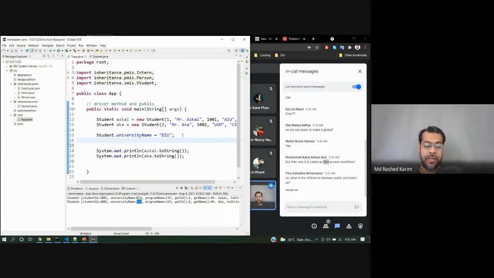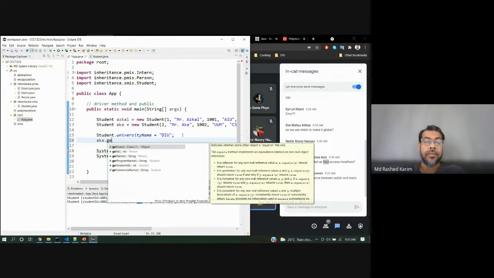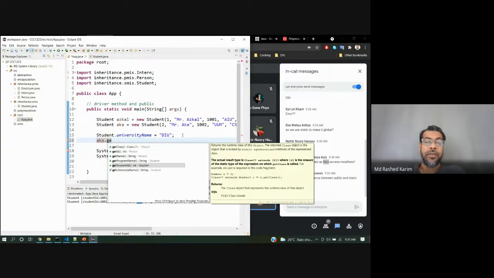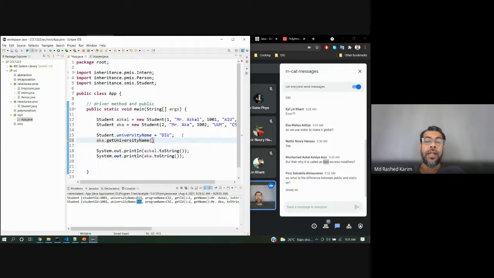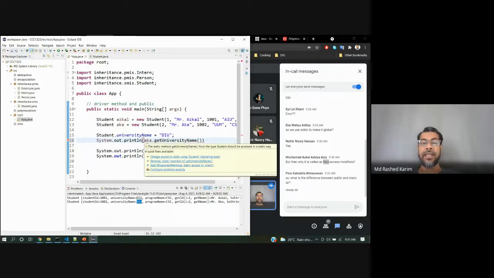Even if I want to get, like, eka dot get university name, sorry, and I want to print it explicitly, it's telling us that this is static.